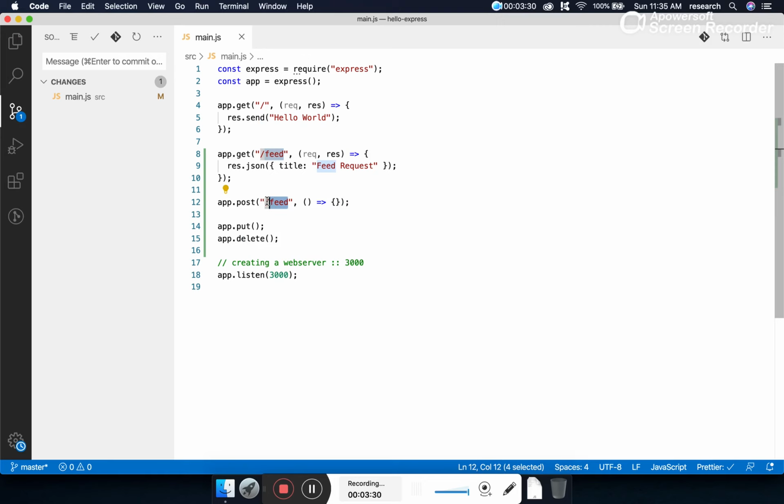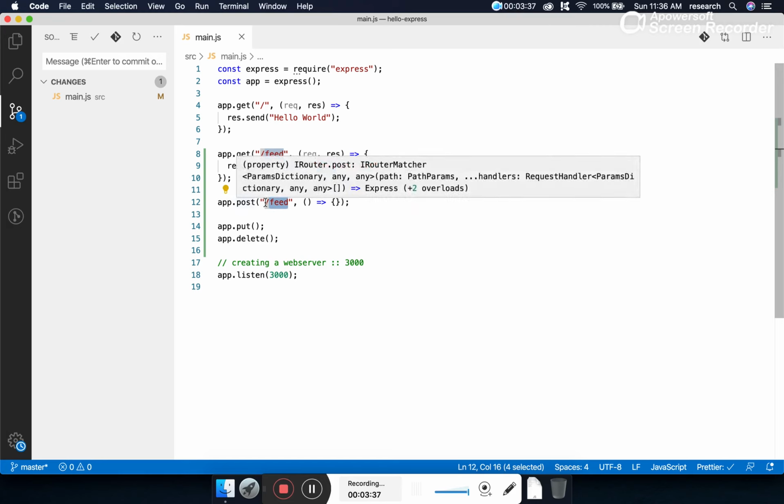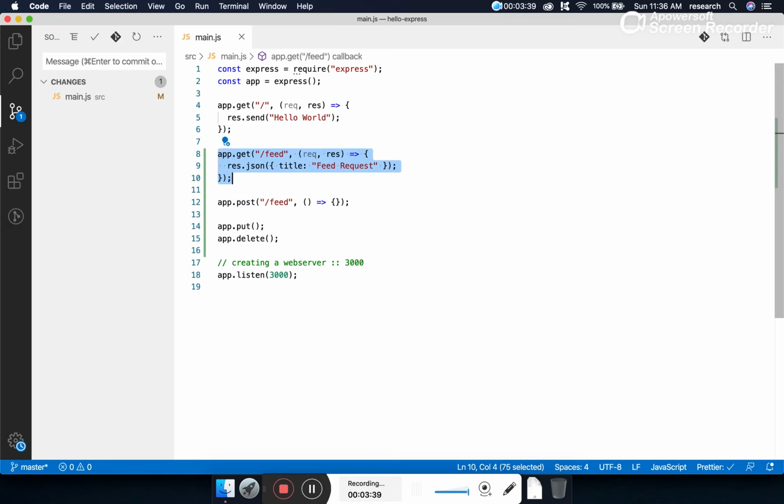So you might be thinking, can I use this feed here? Yes, we can use the feed here. But how are these two URLs different? This is a get method, and this is a post method. So the path can be the same for different HTTP methods. But the path must be unique when it comes to the same HTTP method.